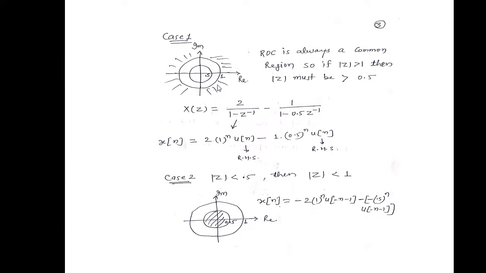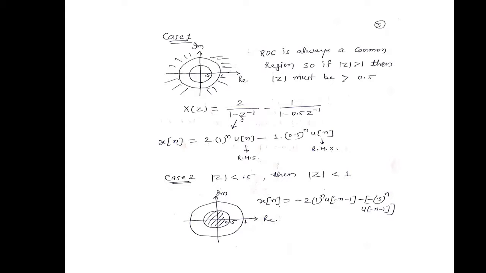When ROC is greater than any pole, then we can say that it is a right-sided signal, and whatever the discrete time signal, we will associate u of n with a particular value. So we have expression X of z equal to 2 upon 1 minus z inverse. So the Z transform of this 2 upon 1 minus z inverse, see here